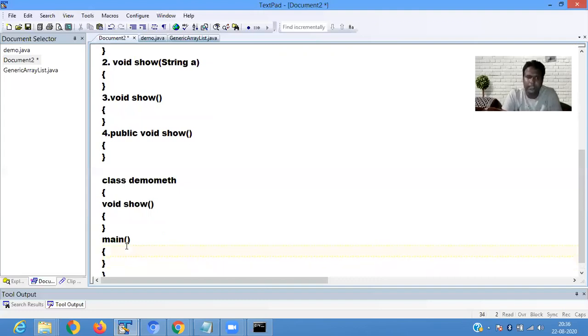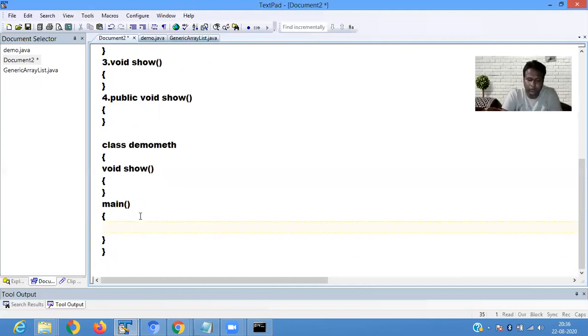In the main method, you need to create an object of the class for calling the function. So how do you create it? Demo method is the class name, i is the object, you can give any name, equals new demo method. This is the way of creating an object of the class.